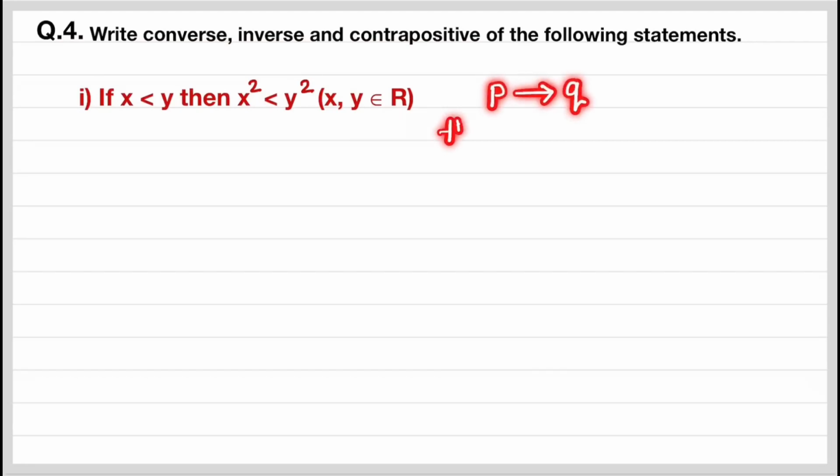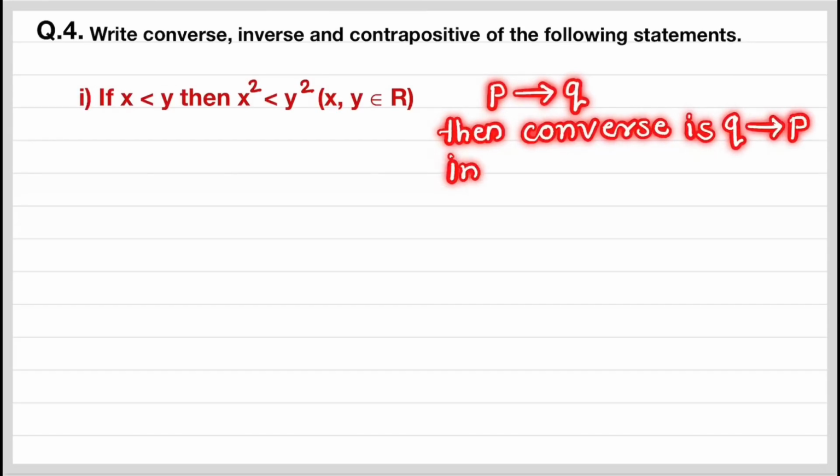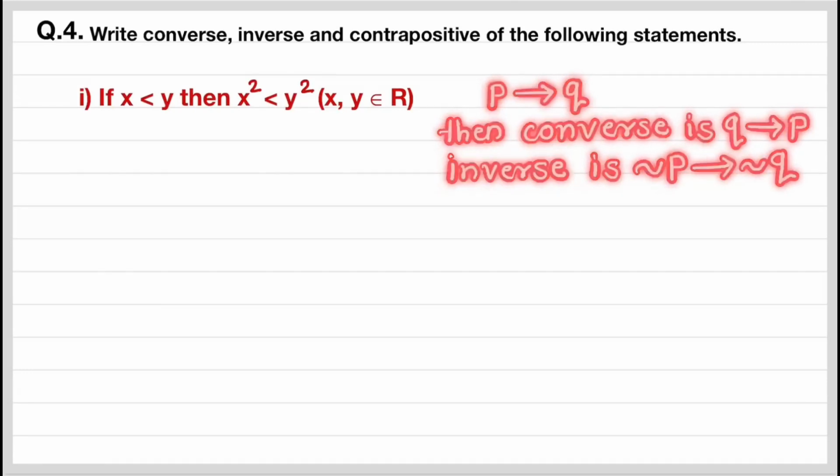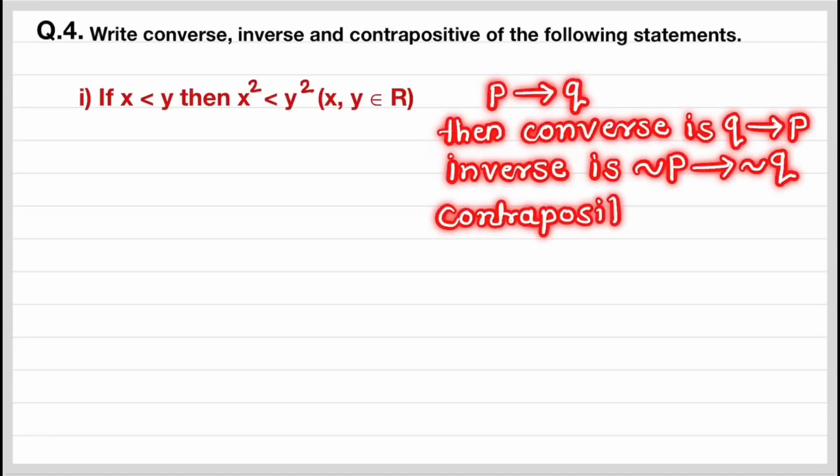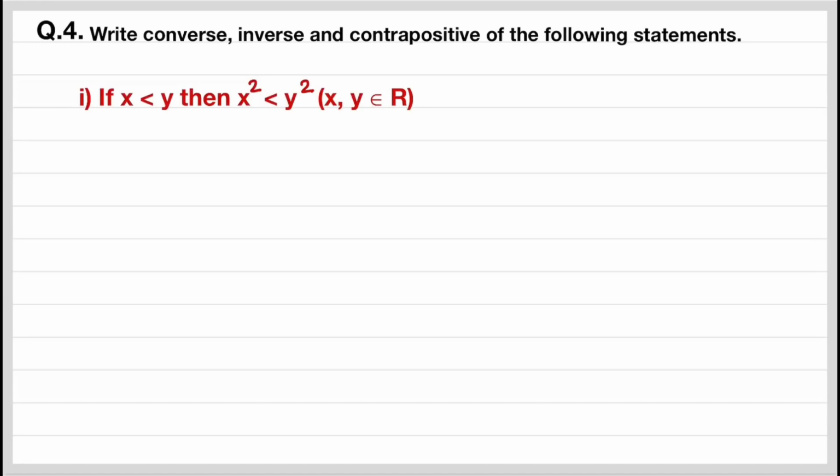We know if P implies Q is the implication, then the converse of P implies Q is Q implies P. And inverse is given by negation of P implies negation of Q. And contrapositive is given by negation of Q implies negation of P. Remember it well. Converse, inverse and